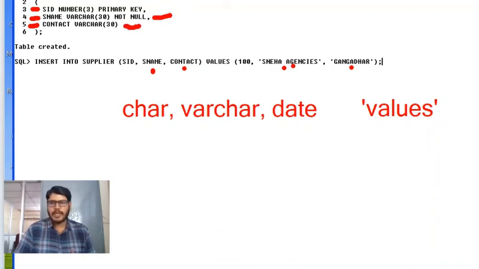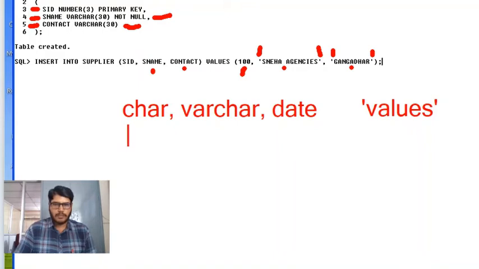So that's why I'm going to specify the value within single quotations. You can observe, this is the single quotation. And for SID I have mentioned number here, and I'm not going to pass the values within single quotations. If you pass within single quotations, it will accept, no issues. But we can omit single quotations while passing the values for number.